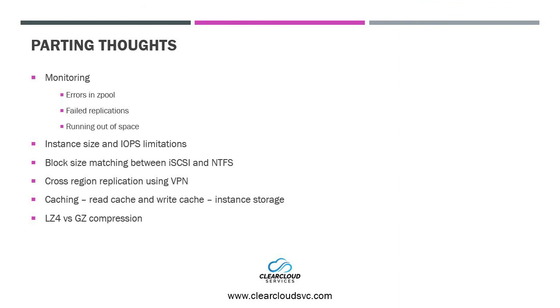You will also want to monitor if the replication fails due to network problems or instance outage. For most systems, you will want to design some way to automatically retry snapshot sends and send alerts after a few failures. You also want to check if you are running out of space on either the main NAS or the backup NAS. This can be done with the ZFS status command or the df command. If you run out of space, the iSCSI target can fail to write or snapshots might not be able to be sent. To fix this, you will want to delete older snapshots to free up space,